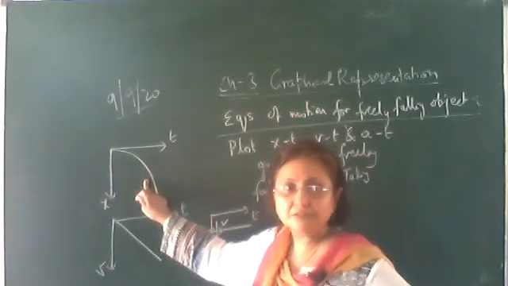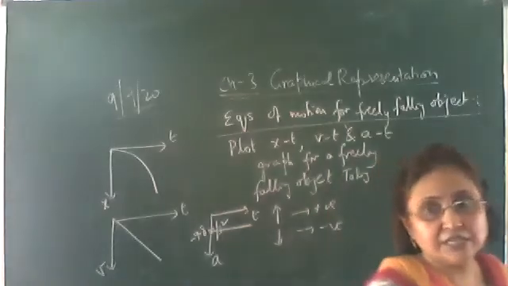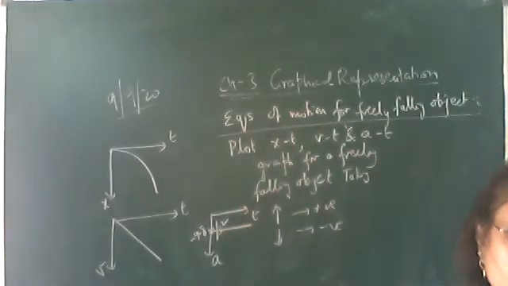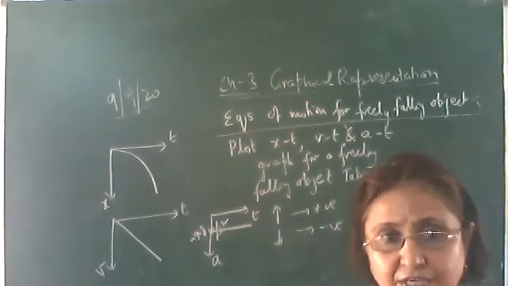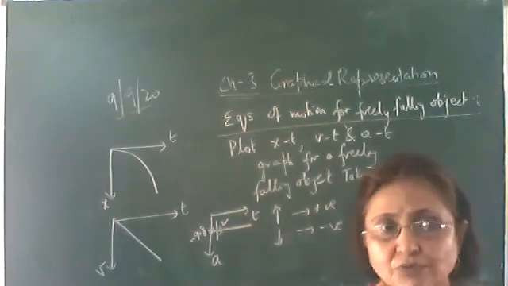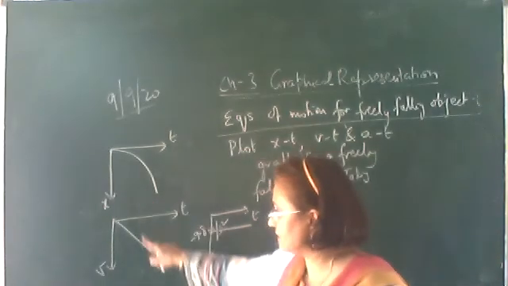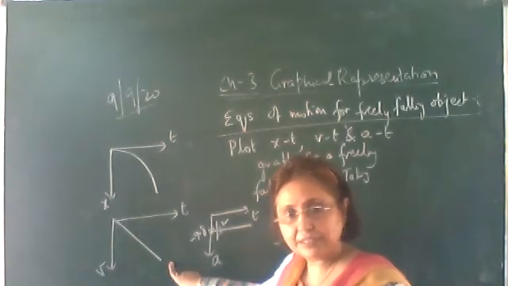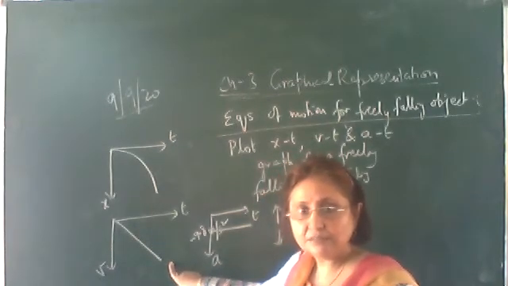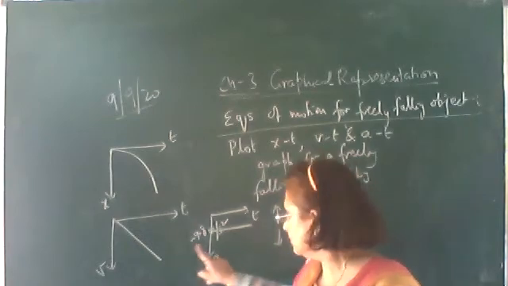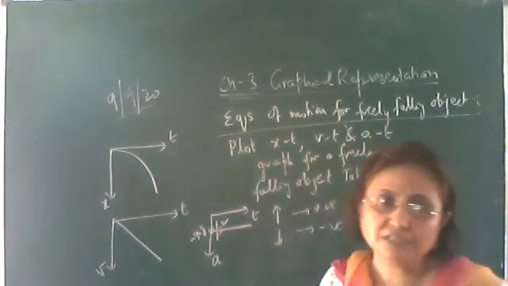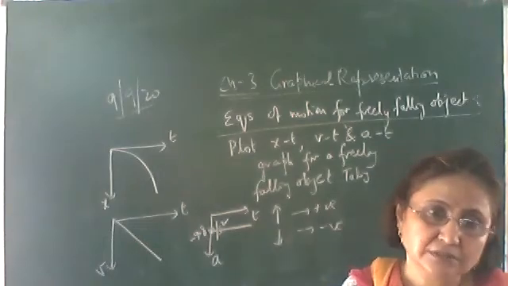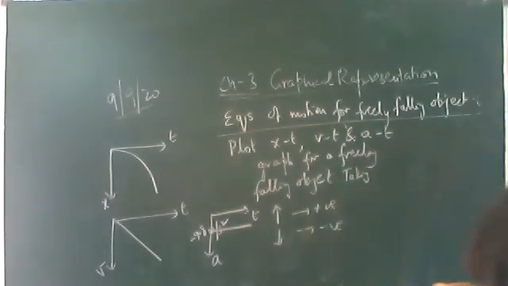In the same way, here also the xt graph will be a curved line. These are the graphs for uniformly retarded motion or uniformly accelerated motion, which we have already studied. Uniformly retarded motion curves downwards, and as the motion is in the downward direction, you will take x on the negative x axis. The same way, the vt graph is in the negative v axis, with constant retardation. Here the retardation is minus 9.8 meter per second square. Is it clear? Understood?